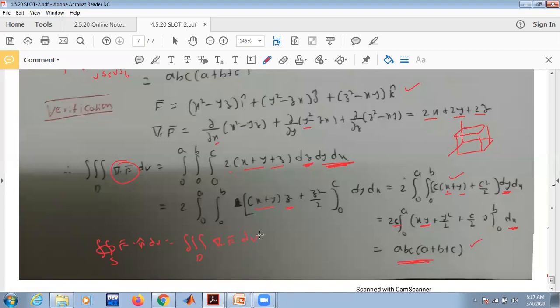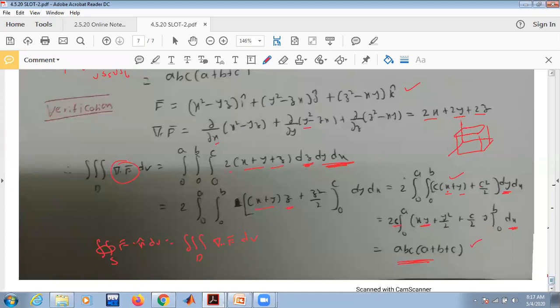So problems are lengthy like this. It is not possible to do these calculations on a whiteboard. It will take so much time. You cannot cover many problems. That's why I have done all these problems on paper and I took the scanned copy.